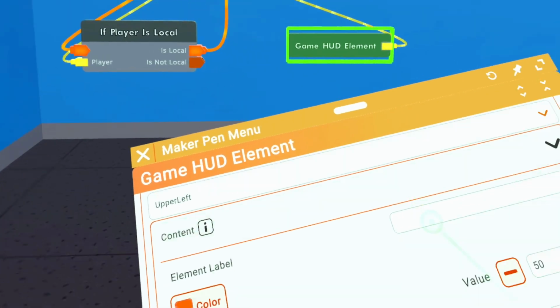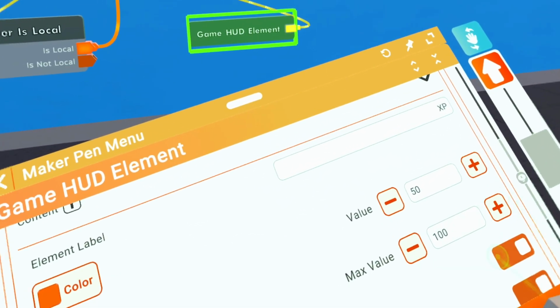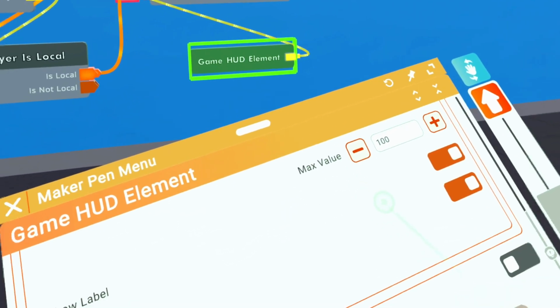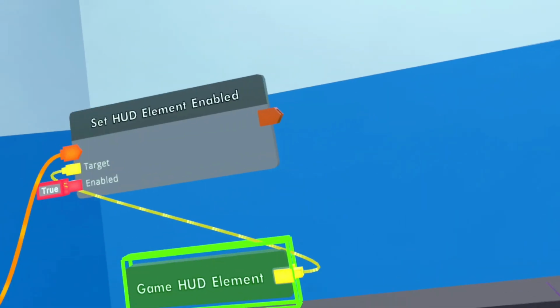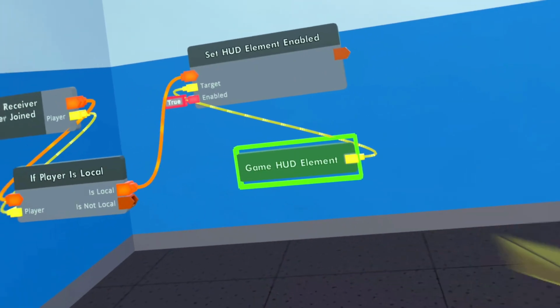You can have several. Okay. We'll call it XP for now, but then we also want to do something here, not just enable it,